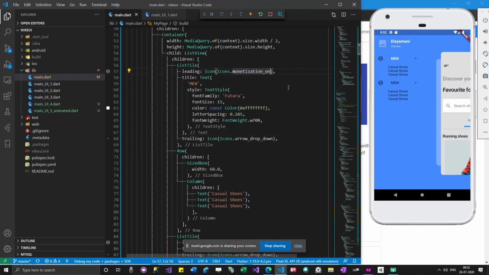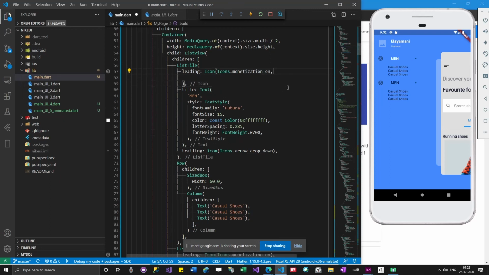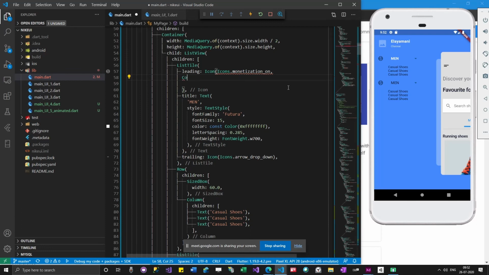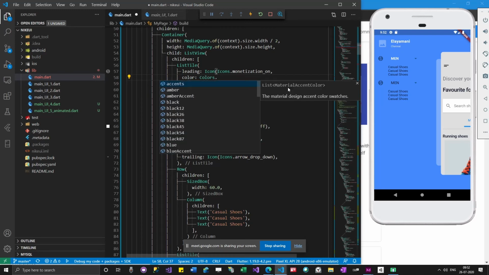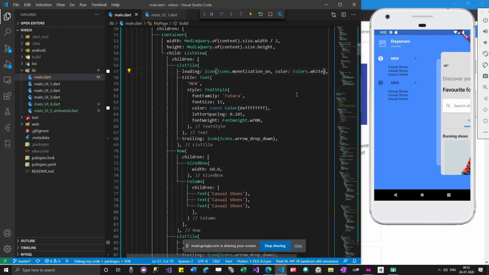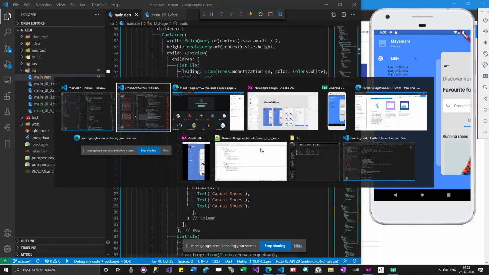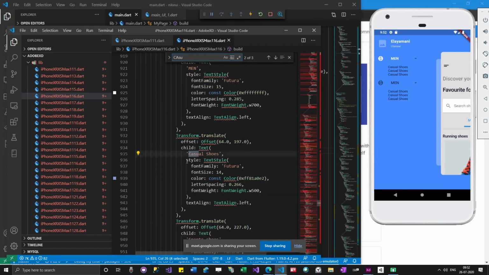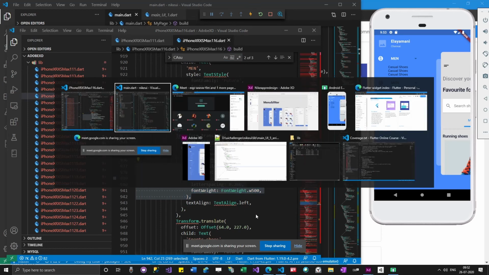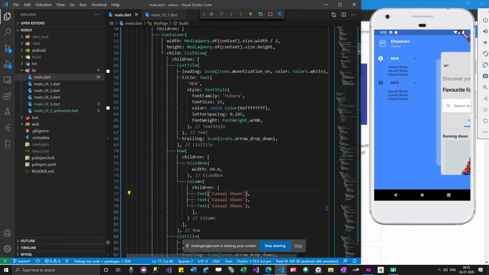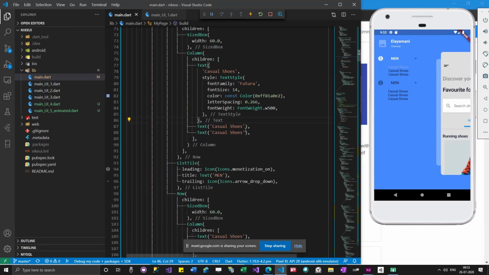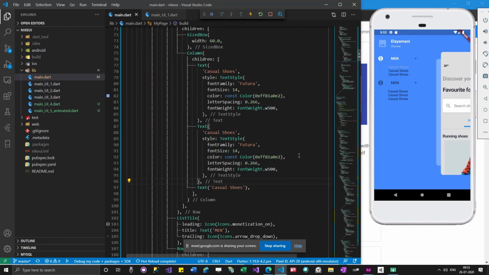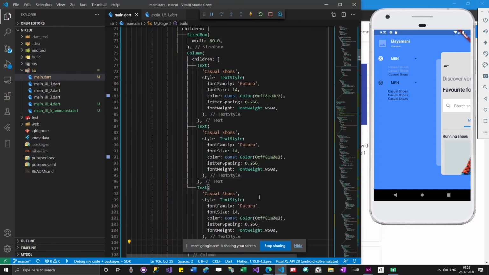Okay, so I'm going to make this icon also white. Okay, so it started changing the styles.